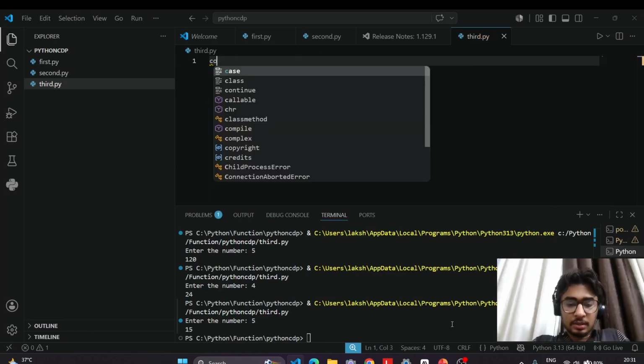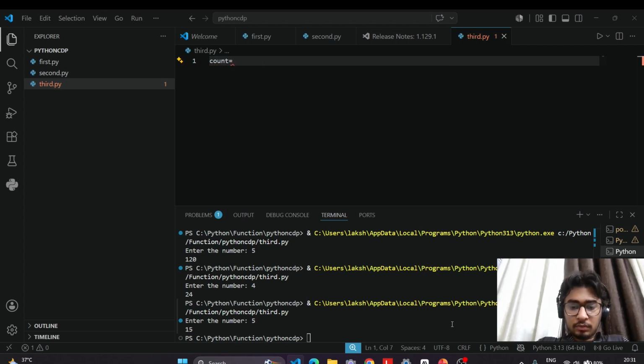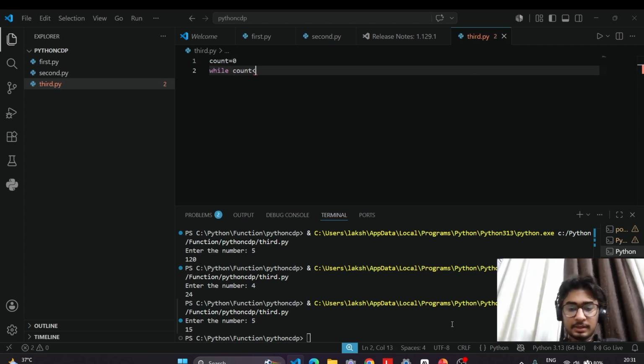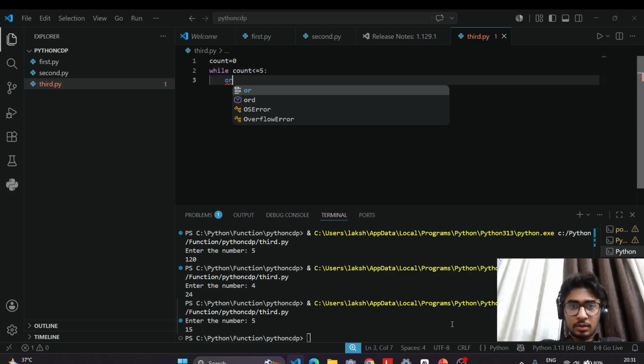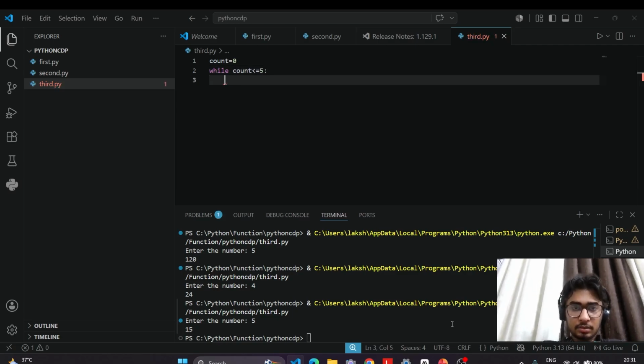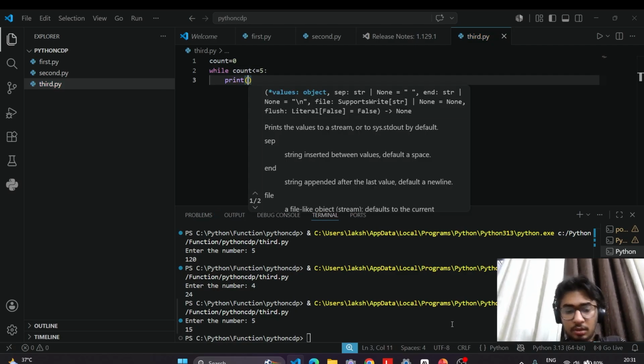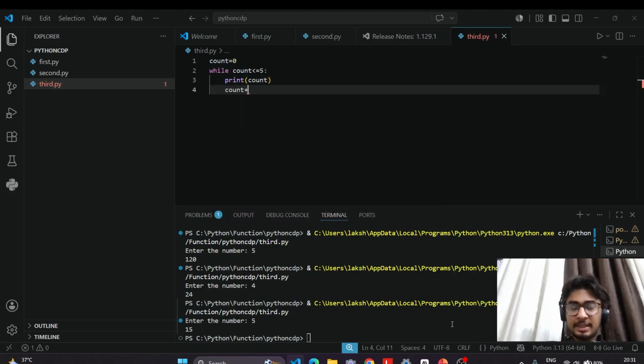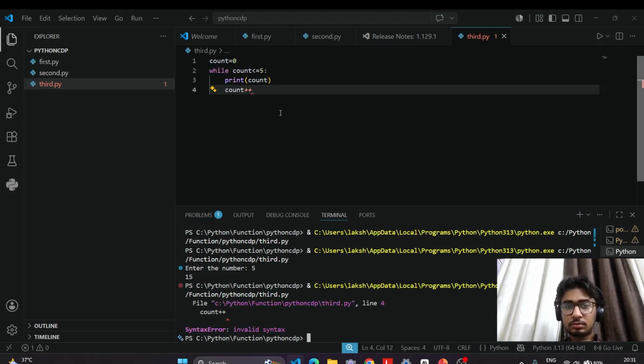लेट मी शो यू विद एग्जांपल। काउंट इक्वल टू 0, while count is less than equal to 5, print count एंड काउंट प्लस प्लस। इसमें हमें प्लस प्लस की कंडीशन खुद देनी पड़ती है, इसमें खुद से नहीं बढ़ता है वो, ठीक है। सॉरी, काउंट